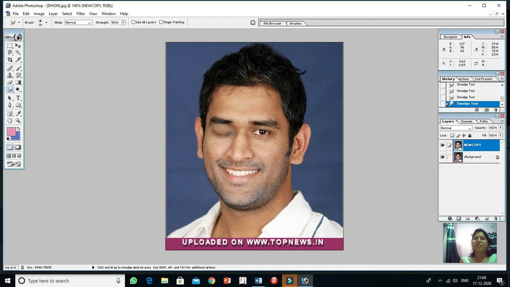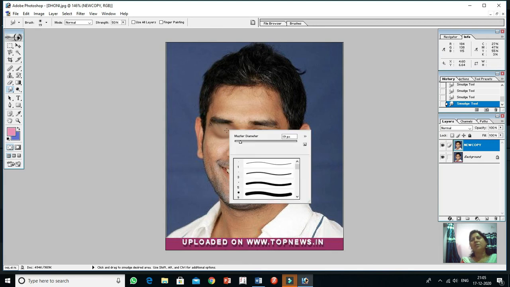Now see, here I have totally closed the eye. Okay, you can change the pointer size also. Now see, if I right click, now the size is 19 px, you can increase this also.